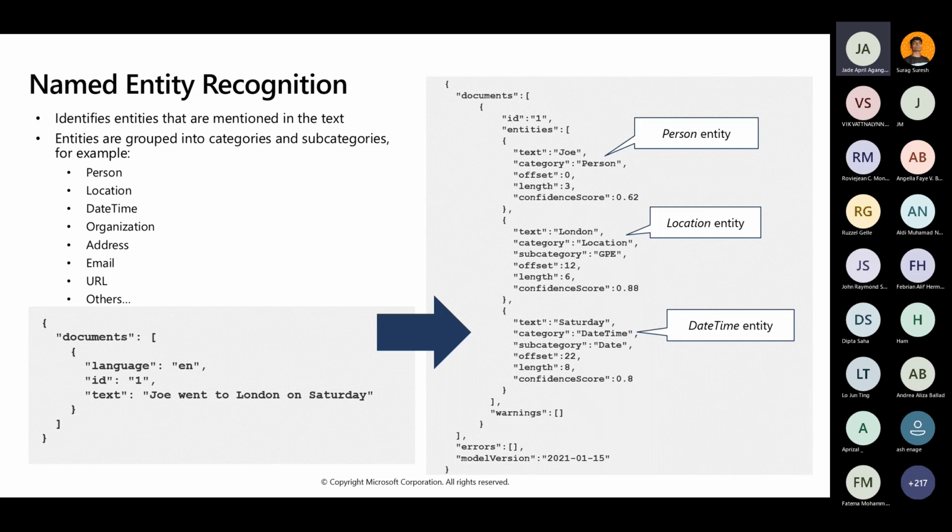So we have named entity recognition. These are mentions in the text. It also categorizes whatever is there in your document. For example, a person, a location, date, time, organization, and it could also be an email, URL, and others. So I hope that we could do the lab so that we'll be able to fully understand entity recognition. For example, in Visual Studio Code, you'll be able to extract the name of the person, the location could be the address, date, and time if ever there is in the document.